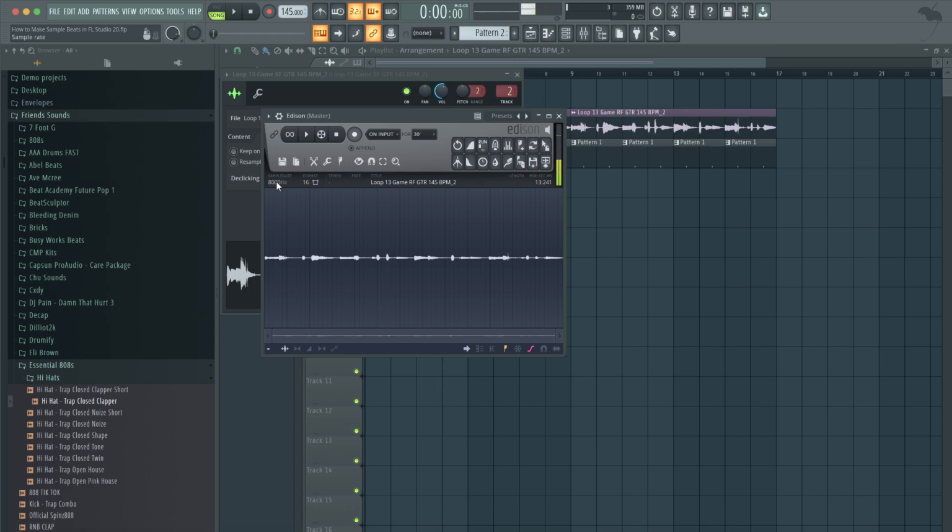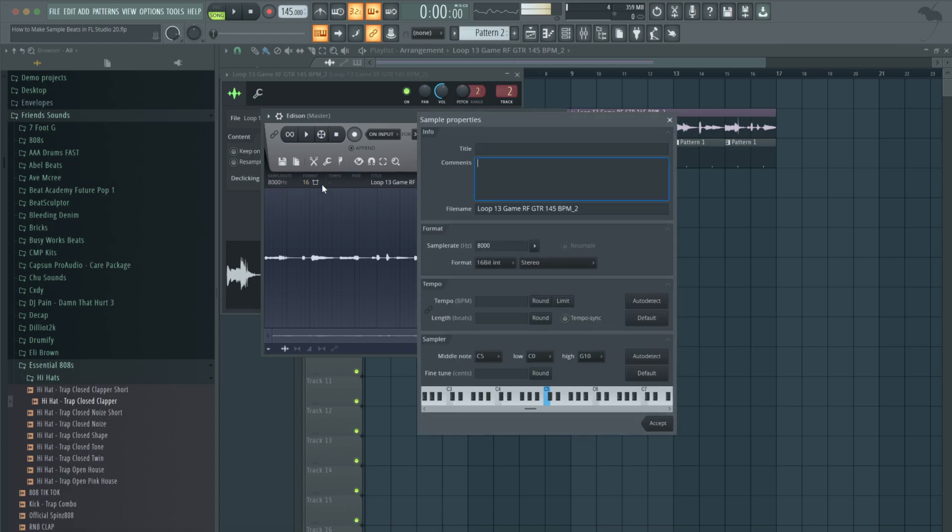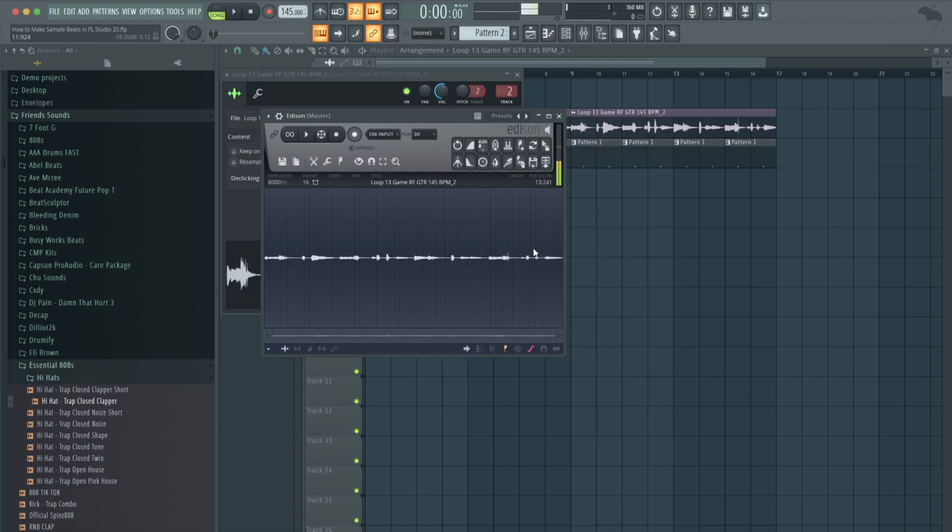You can right click here where it says sample rate. Usually it will say 44,100 hertz, and just type in any number you want. In this case, I typed in 8,000. You could type in 1,000, for example, and just hit the resample button. Yours will be highlighted, so it'll look like this. Hit resample. I leave mine at 16-bit. Hit accept. Now I'm going to keep mine at 8,000 because I already had that going before. Hit accept. And then once it does its work, you send this to the playlist as an audio clip.